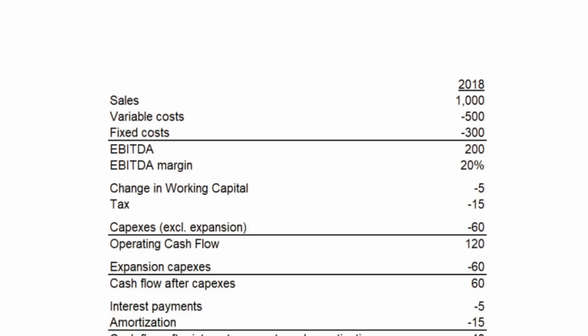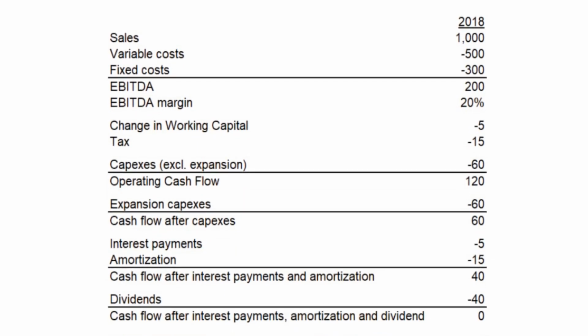Here we have a typical cash flow statement adjusted slightly for the purposes of this presentation. The top line is sales. Then we have the variable costs. We have fixed costs, and then we arrive at the EBITDA, earnings before interest, taxes, depreciation, and amortization. Depreciation is not a part of this statement since it is not cash flow. EBITDA is the money you make in the profit and loss statement before you get to depreciation, and interest, tax, amortization. In this case, the EBITDA was 200 and sales were 1,000. The EBITDA margin is therefore 20%.